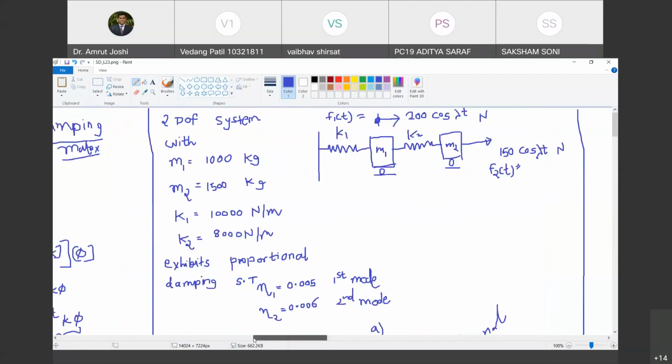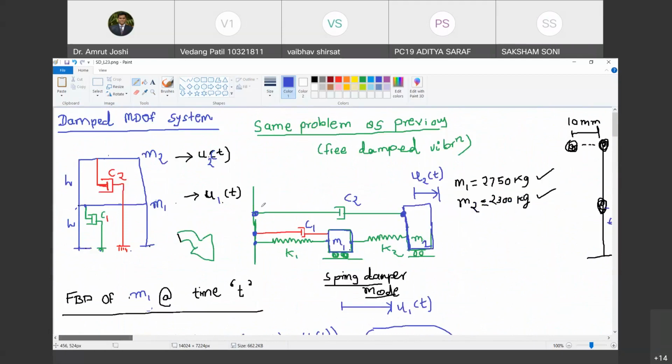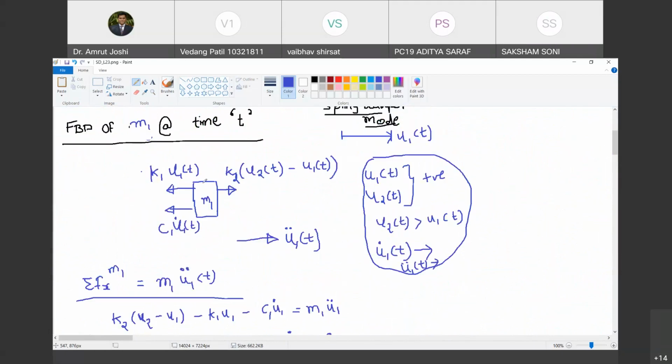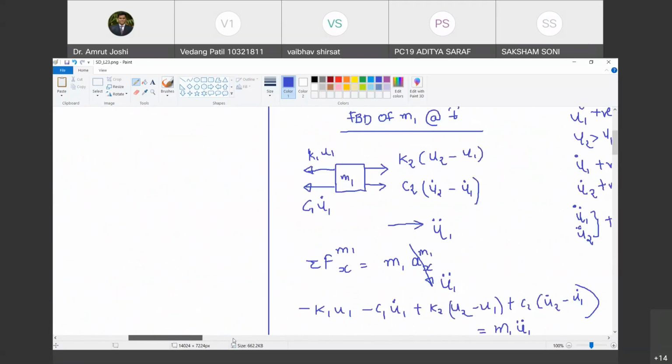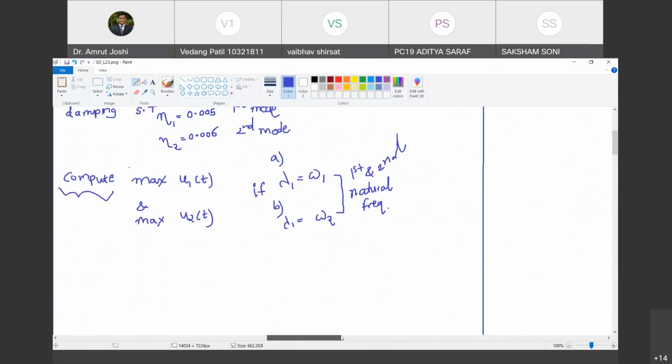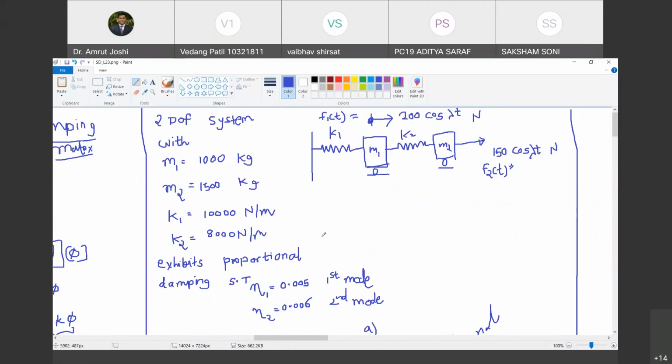Now, what is the standard procedure for writing the equations of motion? You should draw the free body diagram of M1, then write down Newton's second law, then draw the free body diagram of M2, and then write down Newton's second law. Are you with me? Yes. I am going to skip all this and show you a simpler way of writing down those equations, a thumb rule. Look, just check between which bodies K1 is present. K1 is present between ground and M1. Do you agree with me?